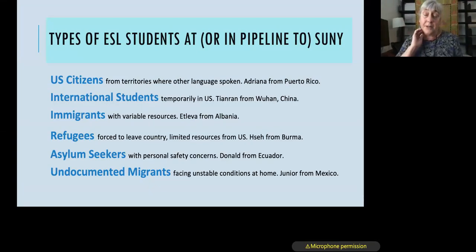So Junior is from the state of Chiapas, where, as you probably know, there are huge problems with drug lords and gangs. And he was told that if he didn't join a gang, he would be killed. So his family, he has some family in the US, and they paid for him to cross the border. It was a very frightening experience for him. But he made it, and now he's trying to get the proper paperwork so he has his documents.